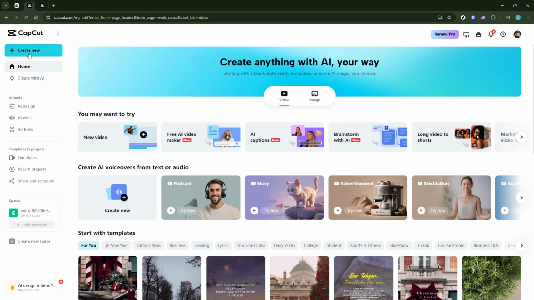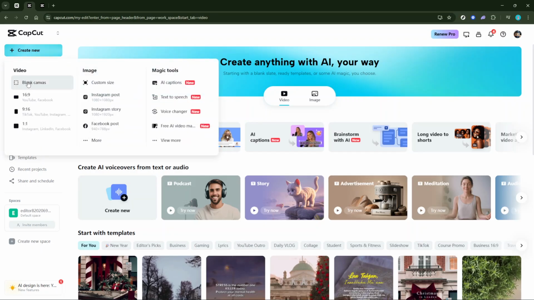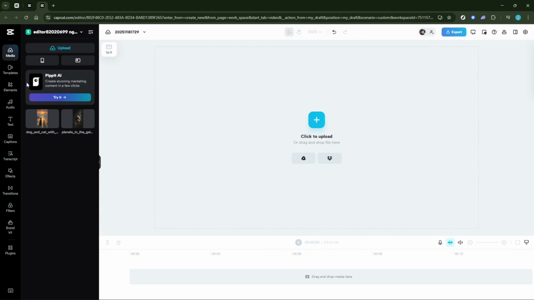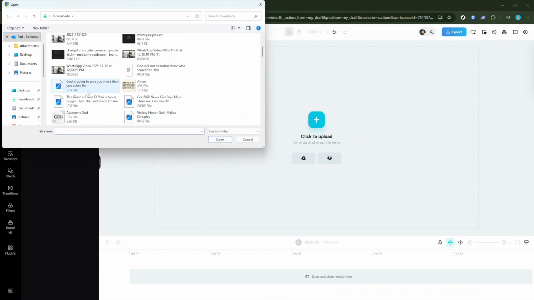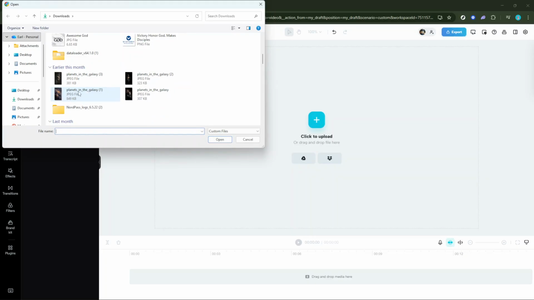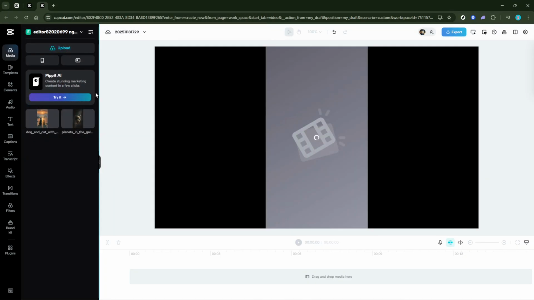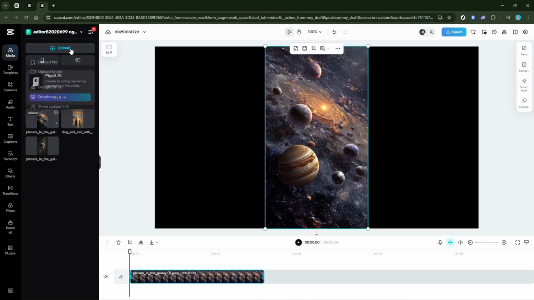Once you have your project open, it's time to bring in your pictures. You'll do this by clicking the plus symbol, which allows you to browse through your photo library. Select the images you want to include in your video. Feel free to mix and match different photos that best tell your story or fit the video's theme. The photos will appear on your timeline in the order you selected, ready for further editing.